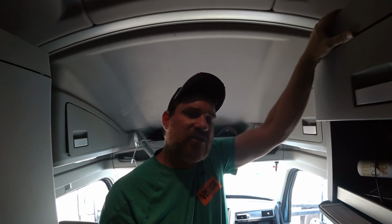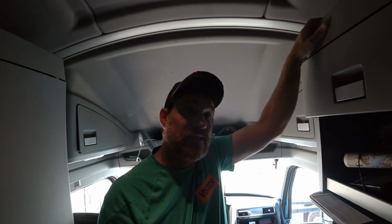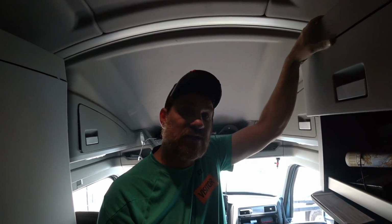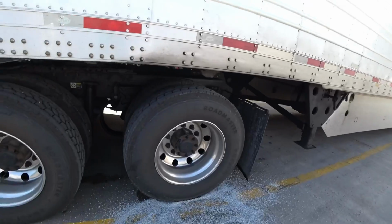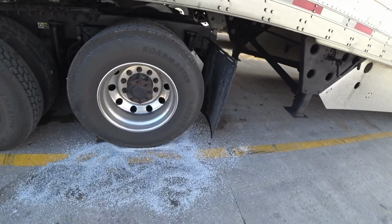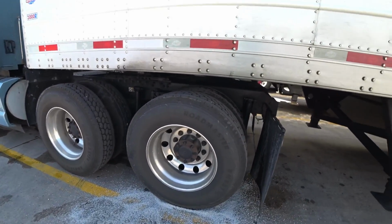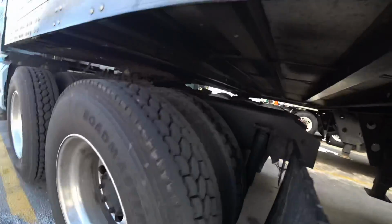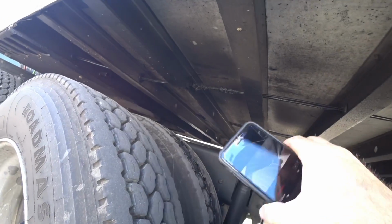So this trailer, I was actually out and backed in and everything, and I noticed a problem, and it's not good. So if you guys want to see it, I'll show it to you. So right up underneath here, as you can see, I got this kitty litter stuff. I noticed there was fuel over at the fueling island over there, there's stuff, but right there,